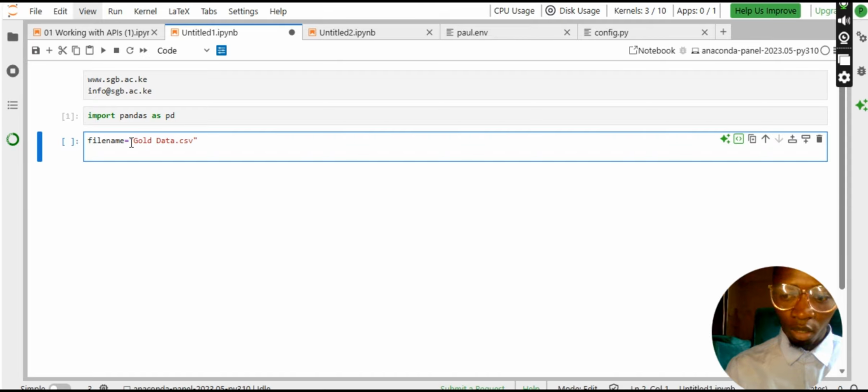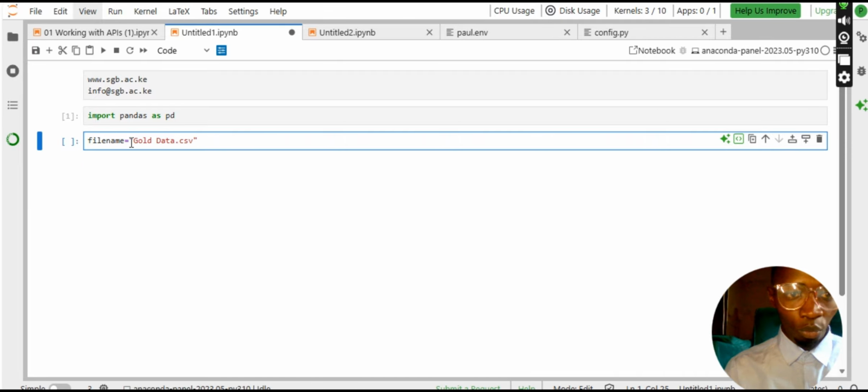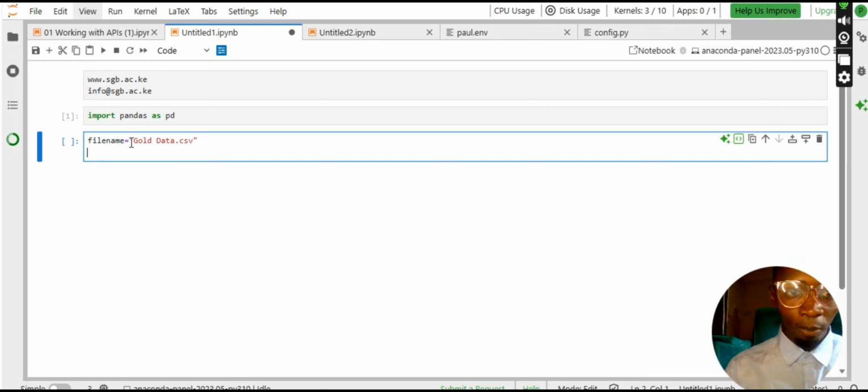And then once you're done, you've given your data a file name. You can go ahead and say we want to use Pandas. We want to highlight our data using Pandas. And how do you do that? We're going to call it df row, basically implying that it's a raw data set. We've not cleaned that data, and then equals to